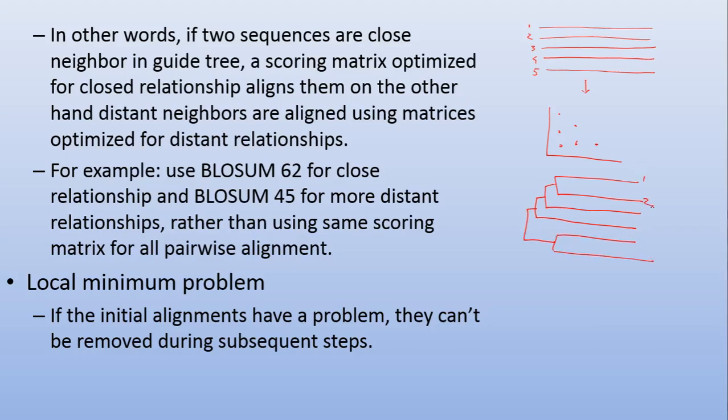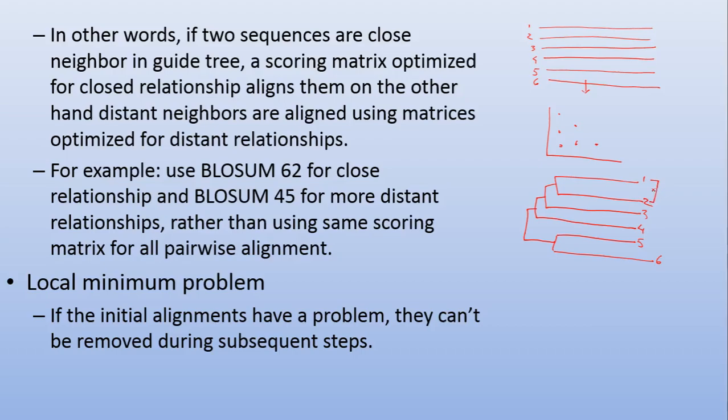Say for example we have six sequences. If you are trying to align two sequences that are close neighbors in your guide tree, let's say sequences 1 and 2 are very close neighbors,